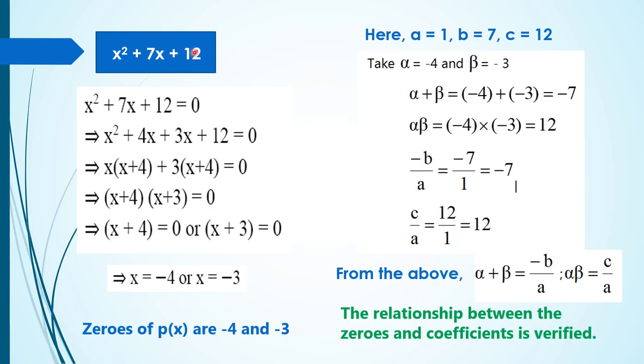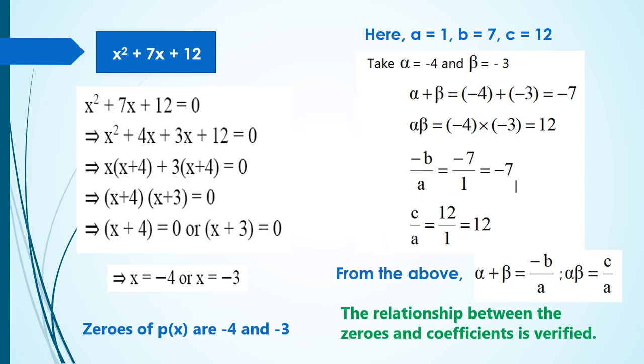coefficients is verified. Here what we have done is, a quadratic polynomial has been given. First we calculated its zeros by using the factorization method here. Just equate the polynomial to 0. By using the factorization method, factorize this. That means express this polynomial as product of two linear polynomials. Equate them to zeros. You will get the respective zeros. After this, find all the four values, alpha plus beta, minus b by a and c by a, and check whether they are equal or not. Okay, in this problem, we verified the relationship between zeros and coefficients.